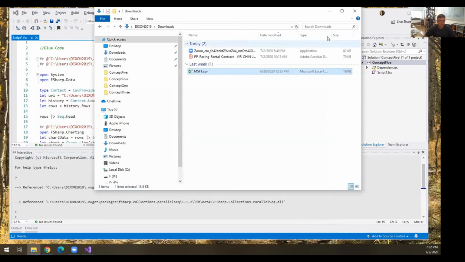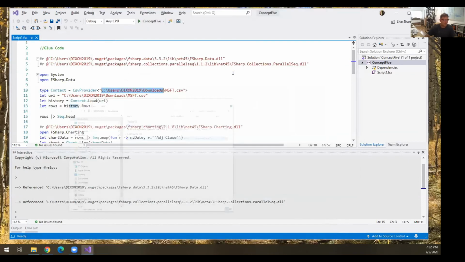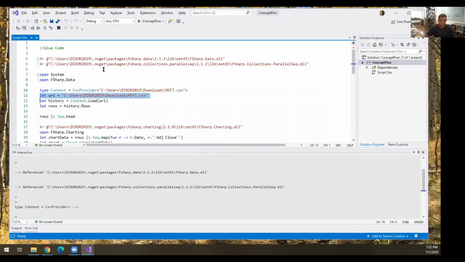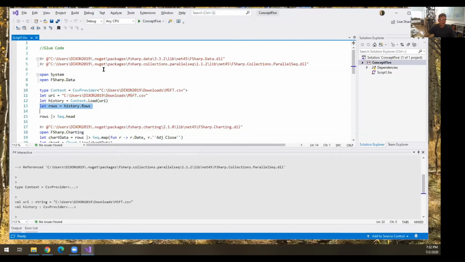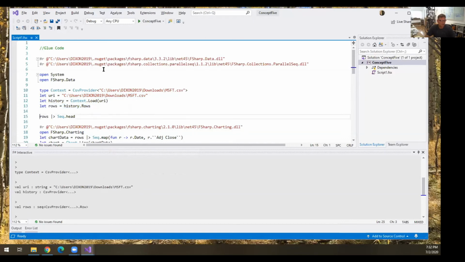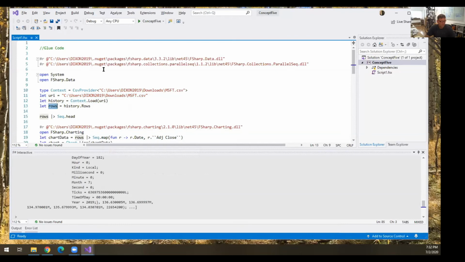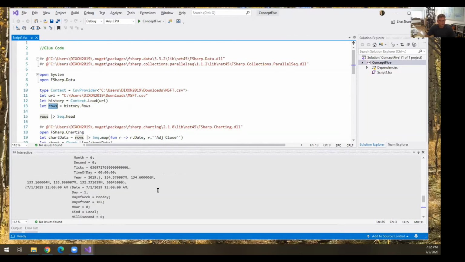I'm going to go and say, okay, type provider, go point to that file. And by the way, load that file. And of all those things about the file, I don't care about the file name. I don't care about who created it. All I care about are the rows of data. So if I highlight the rows of data, you'll get row after row, now a type-safe way of dealing with your data.